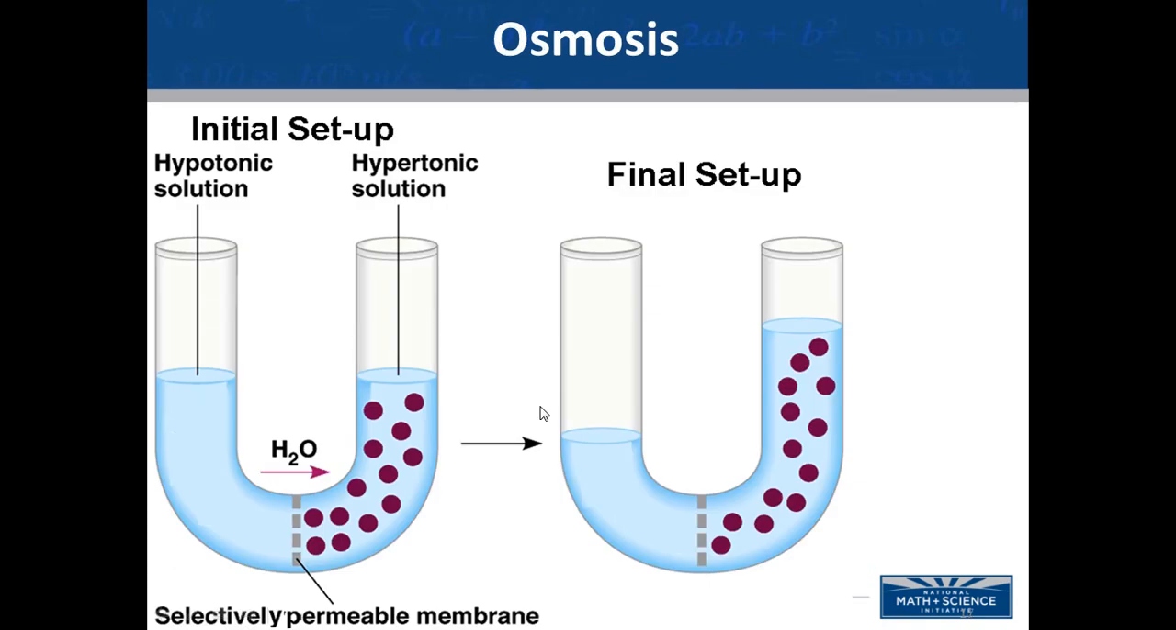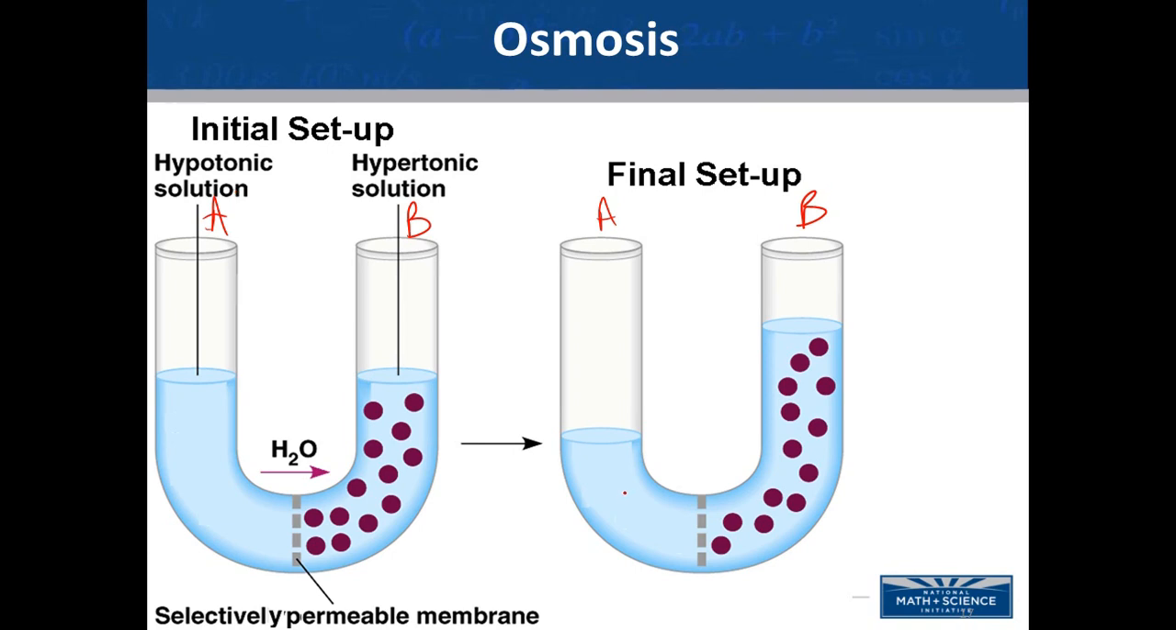I want you to examine this situation. In this situation, we're going to again call this side A and this side B. On side A, we have pure distilled water, and so therefore it's a hypotonic solution. On side B, we have a solution in which we have some dissolved solutes, but the membrane is not permeable to those solutes. So now, after time, you would expect the